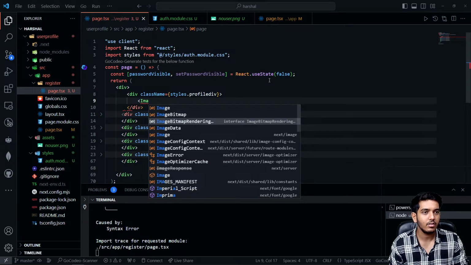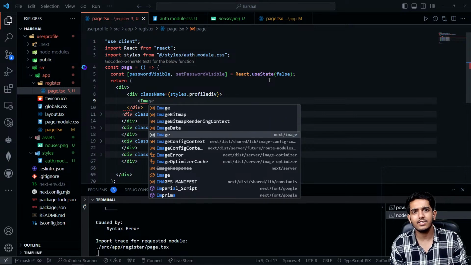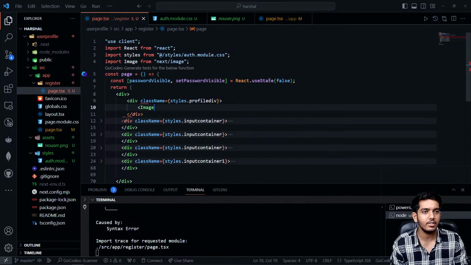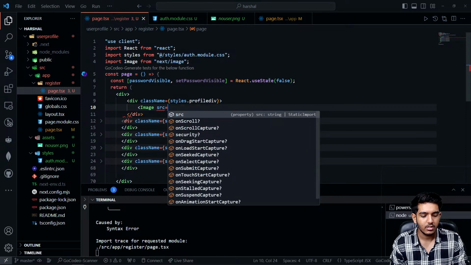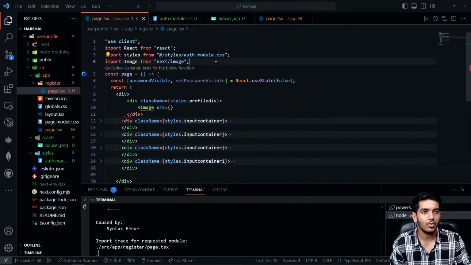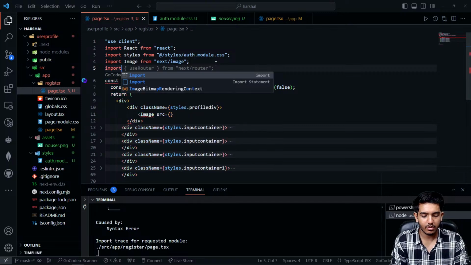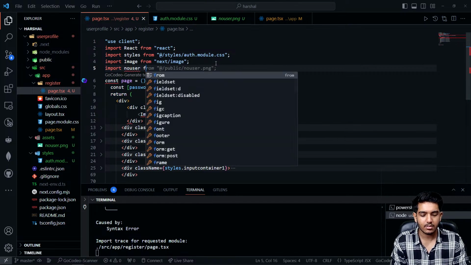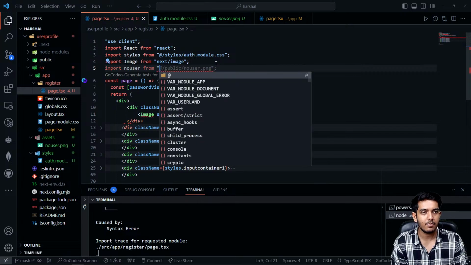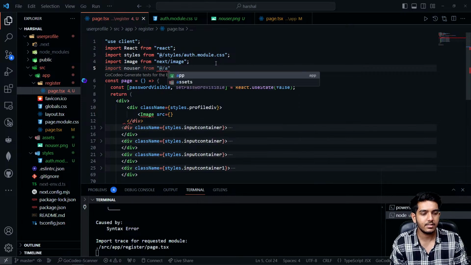So you're just gonna go here. If you're using normal React.js, you can use the image tag from React.js also, but for Next.js, we have next/image. Okay, and here, guys, I'll just type the src. What would it be? So here I'm just gonna leave it empty for now. Okay, I'm just gonna import the image. So import noUser. That's the image which we downloaded, right? So I'm just gonna say from, and here I'll just type @/assets